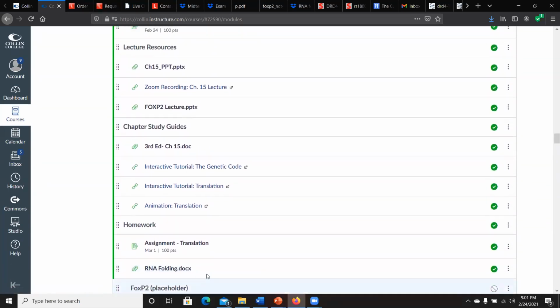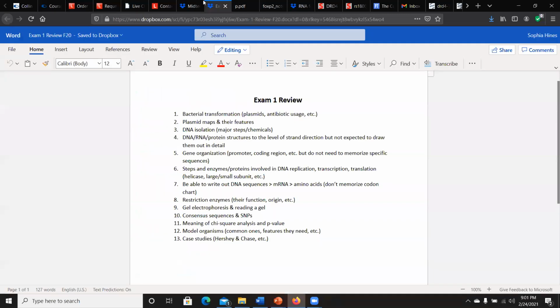But I'm going to double check with the other professor, but it looks like chapter 3 and 4 would not be on this test. So that would still give you a whole week to study before you got there. So again, I will post the results from talking with the other teacher, just because I want to make sure that seems fair. So for the review, the things you need to be familiar with: if you went through tonight's topics and you felt okay, then you're probably in pretty good shape. But if you're going, oh, I don't remember about transformation, or you didn't learn it, then you need to go back and work on those.